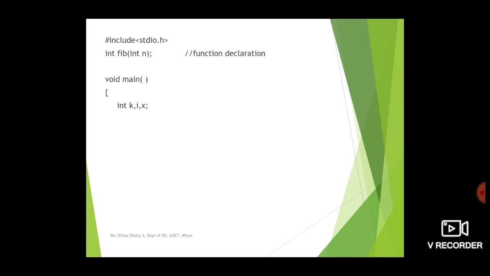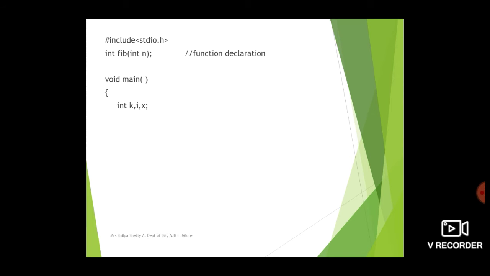Then follows the declaration. We have int k, i, x. k is the number whose Fibonacci series we will be finding, and i is used because we are forming a series here. For each value we need to determine the value. For example, when we have to find fib of 4, we need to know what is fib of 0, fib of 1, fib of 2, fib of 3. So we need to write a for loop here. i is used for the for loop, and x is the value that is returned by the function. So once we know fib of 4,